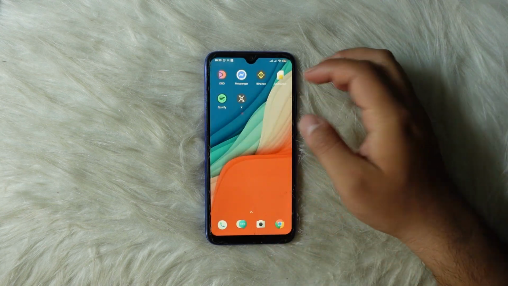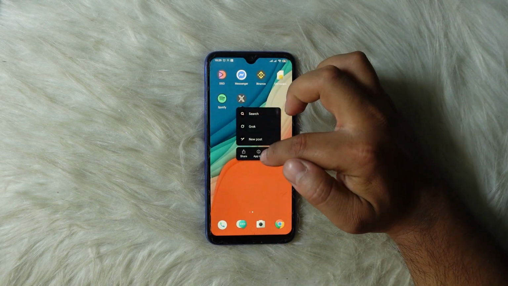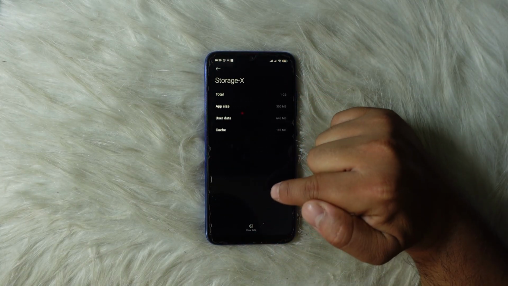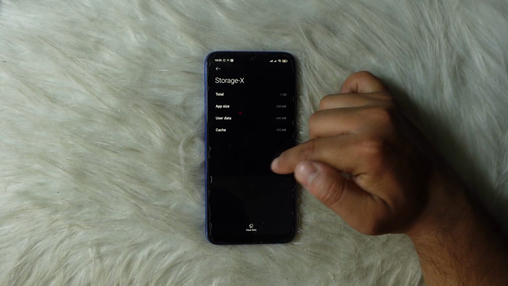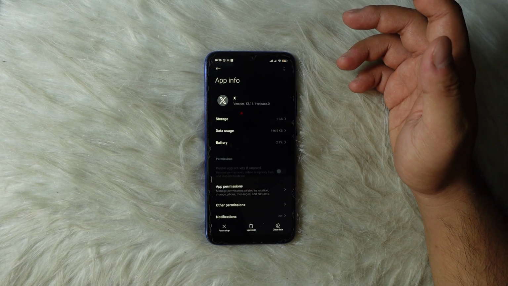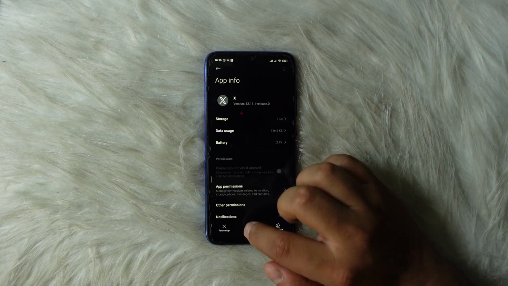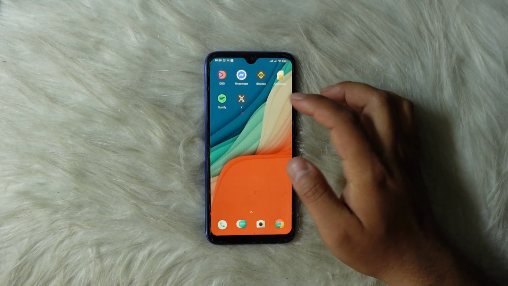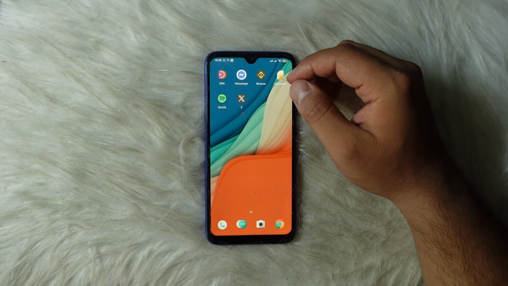application of X and simply tap and hold it. Head over to the eye icon, head over to storage, and right here you should be able to see the option called clear cache. This ensures that it deletes any sort of corrupted files and will also log you out of your account. If your device has the option called force stop, make sure you tap on the force stop as well, and once you do that, try to log into your account and try to see if the issue